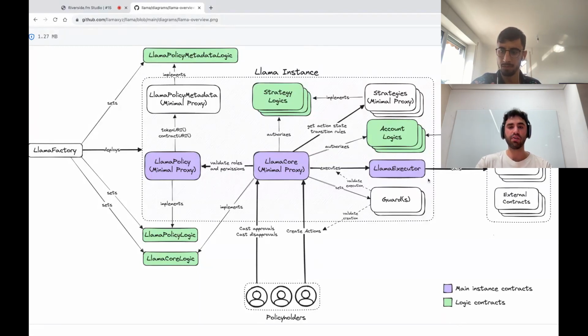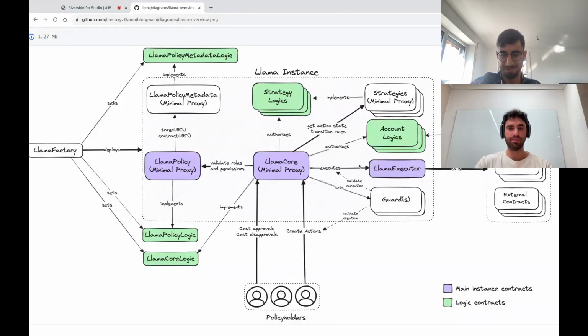Then all outgoing calls come from this Llama executor. That means when you transfer ownership, you just have to do that one time. So the integration is really smooth. I know that's always a stressful point when you're changing the owner of a smart contract. It's something you want to do once and not have to think about again.